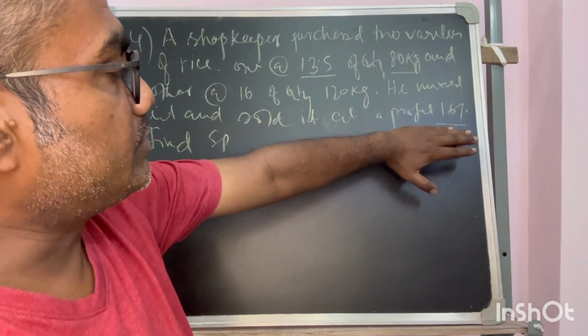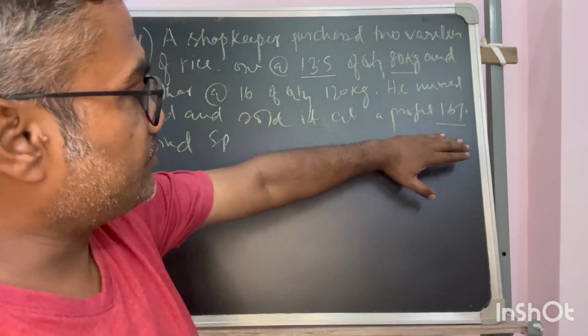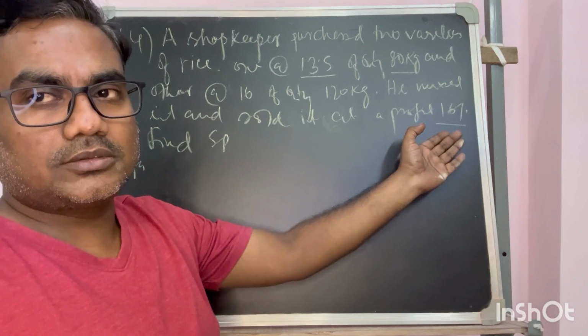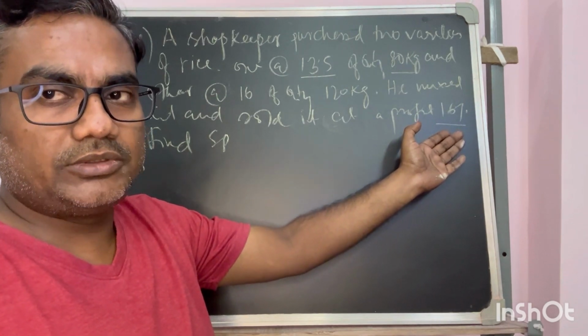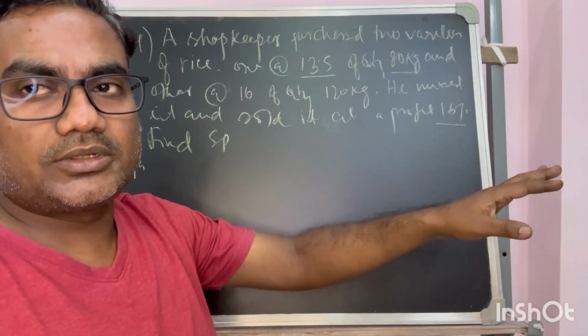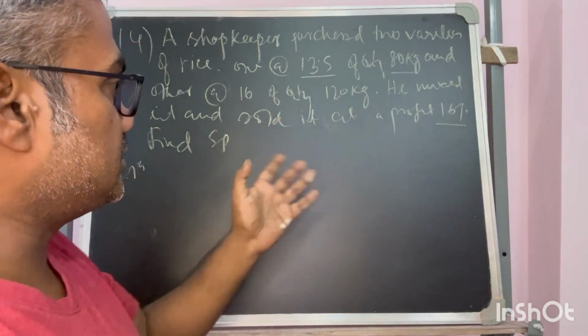So from this information, I cannot directly calculate the selling price, as we usually do. The cost price times 1 plus profit will give you the sale price, but in this case it will not